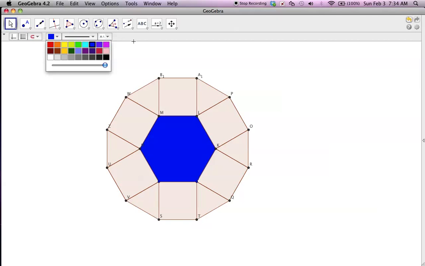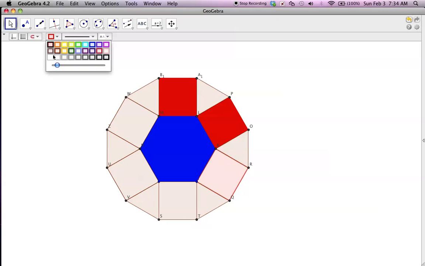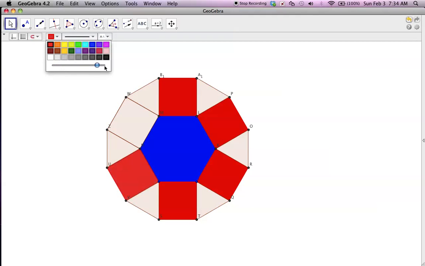And then I'm going to select these squares and make them red, maybe. They're already red, I think. And just make them darker. Actually, they're a different shade of red, so I'm just going to select the first red, then darker, oh, that's not the right color. Okay, there we go. So I do that for all of those,